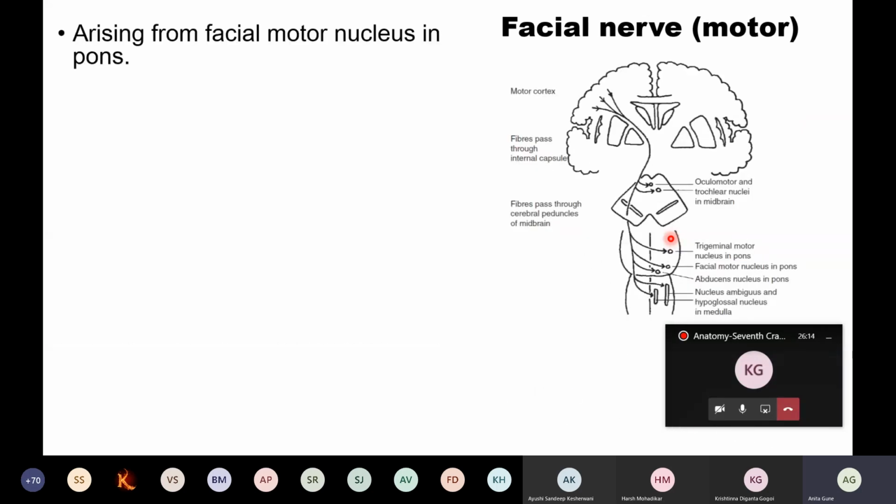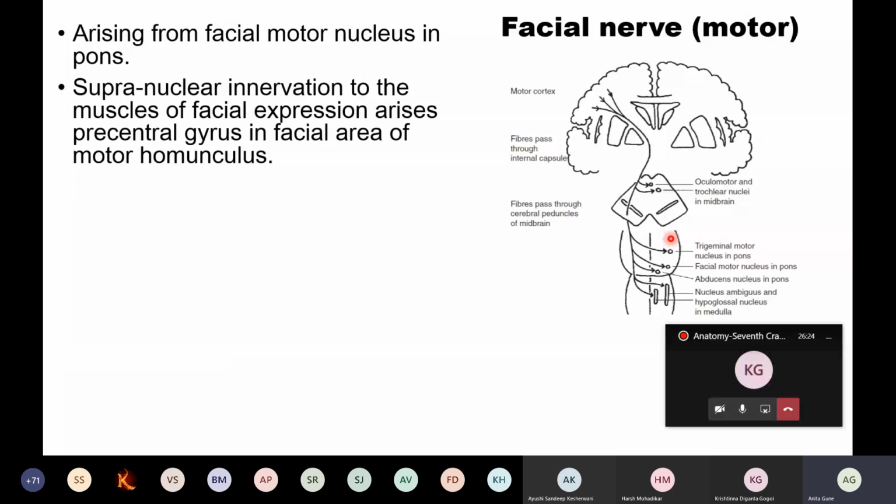The motor part of the facial nerve arises as a separate motor filament from the pons. We had seen this. If you see the motor nucleus of the pons, it is under the control of cortical, that is cerebrum. What is the connection? It is connected through corticonuclear fibers. That is, in the cerebrum, the precentral gyrus, which is the motor gyrus, has control over the motor function of the body, also giving fibers.